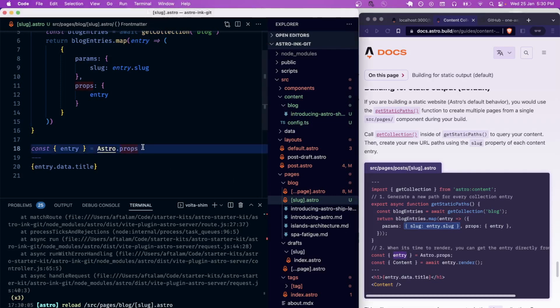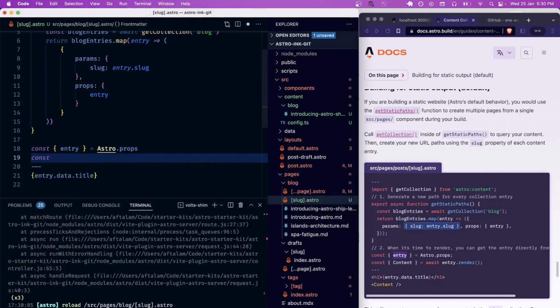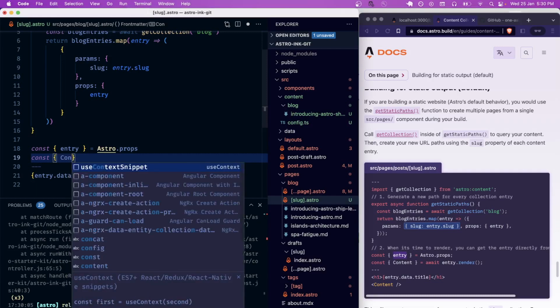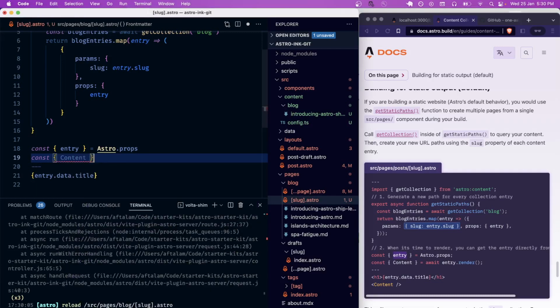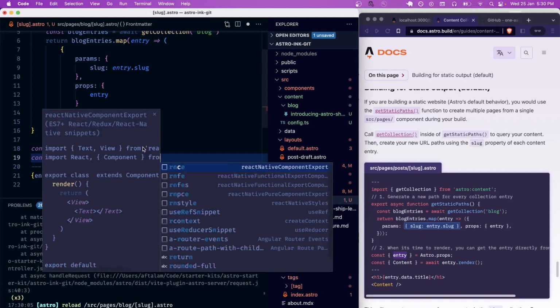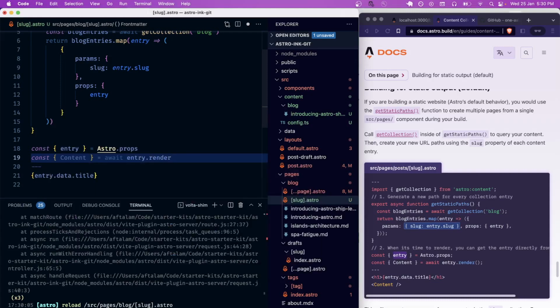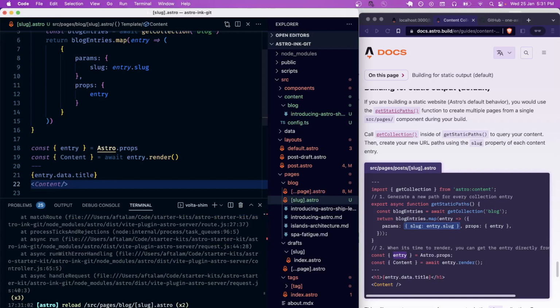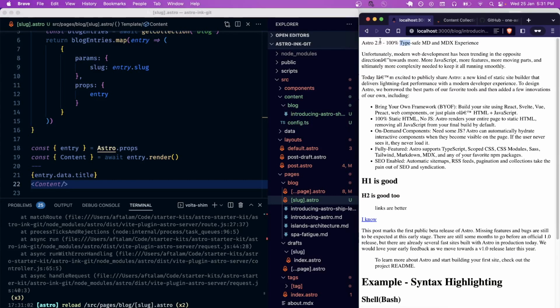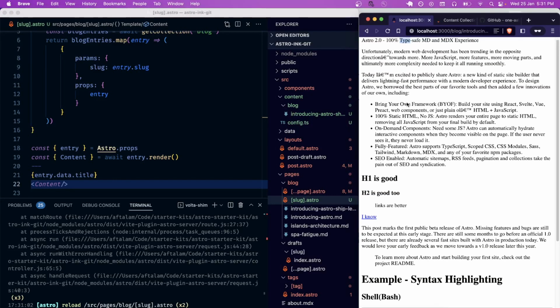And how you use it is you access a content function out of it by awaiting the render property, and then you just render this content to receive the final HTML for your markdown, right? It's saved. Let's just see it in action. Now you can see that the title is there and the markdown file is fully compiled and rendered as